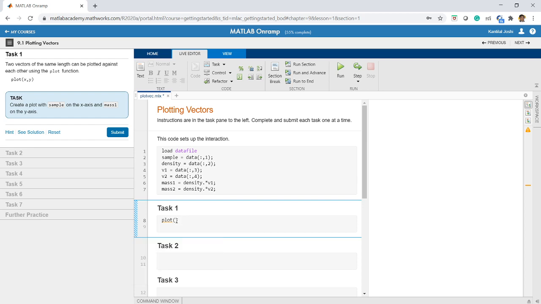So I'll simply write plot(sample, mass1), and I will run this section.